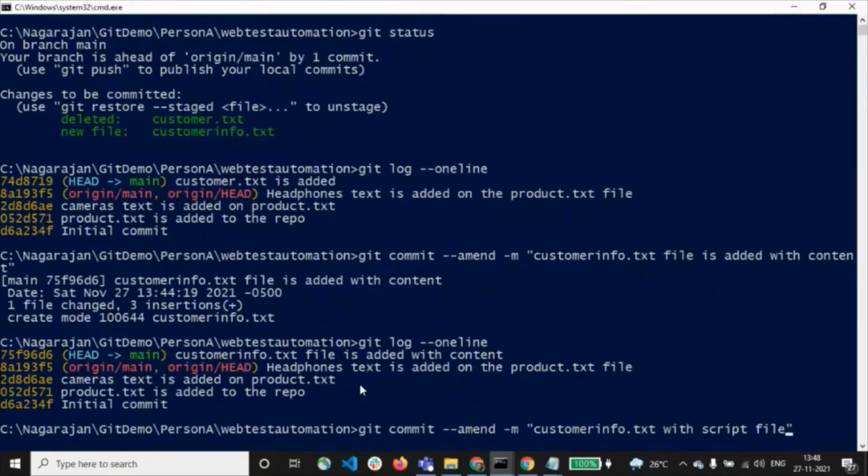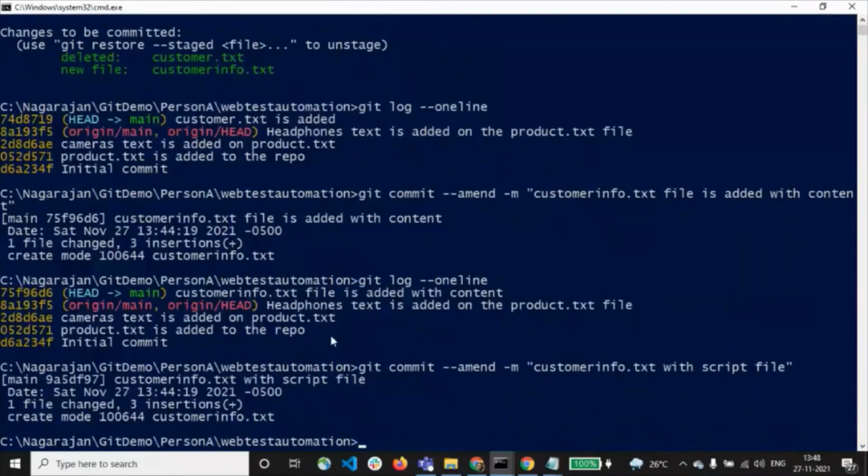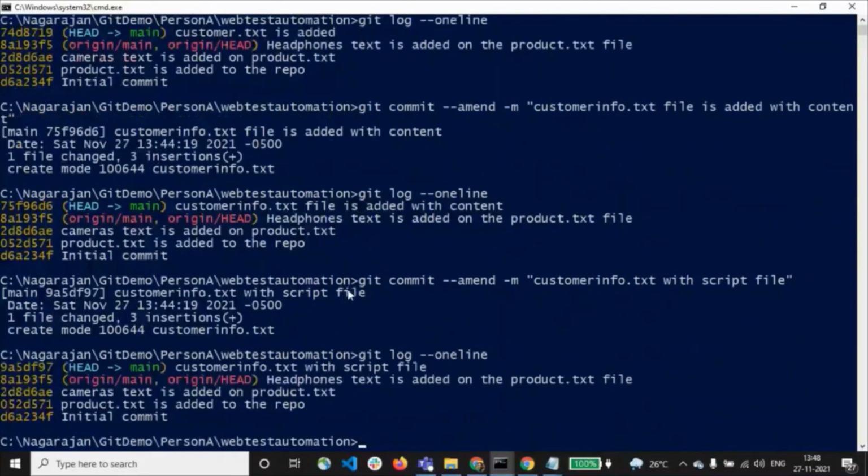Now this last commit will get replaced with the new commit ID. Let me put git log and show you. See, 75F got replaced with 9AF. But if you refer to the commit message, it was replaced with customer info.txt with script file.